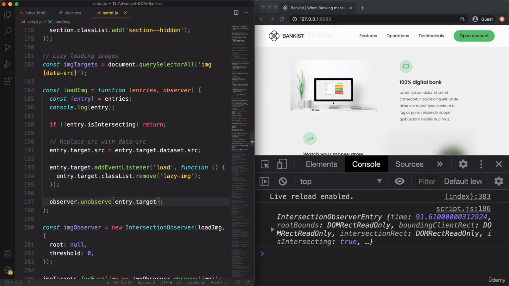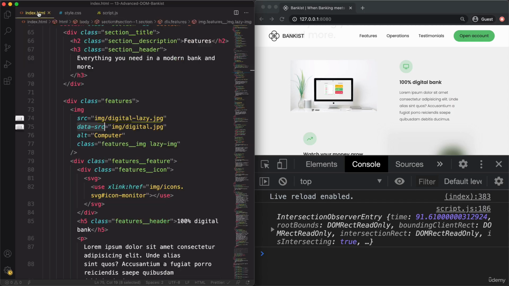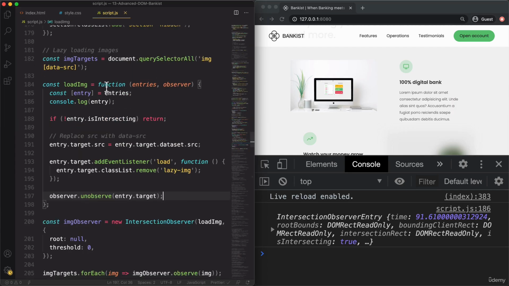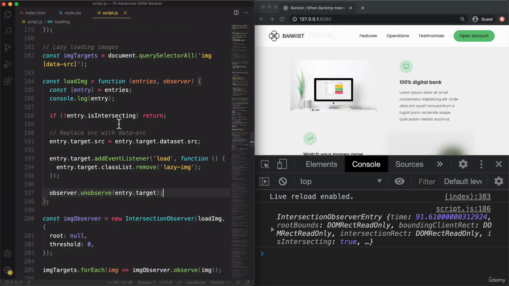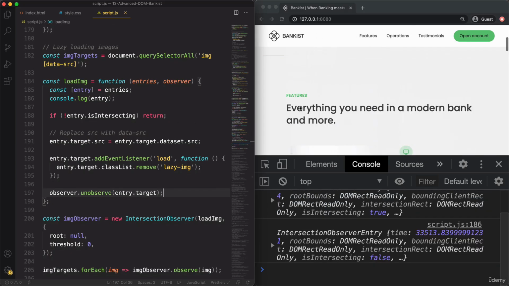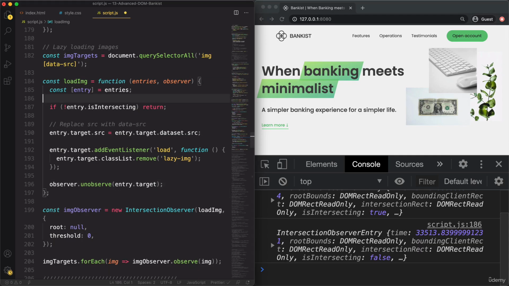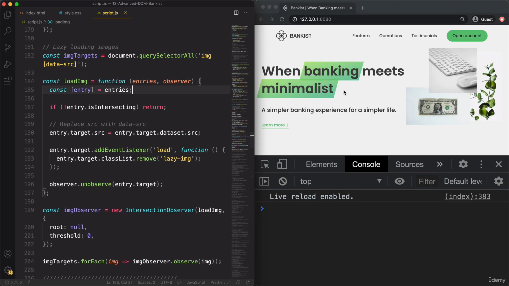I hope that with this video, I could convince you that it's really important to implement this kind of functionality into your own sites. All you really need to do is to generate these placeholder images and blur them a little bit, and then implement this kind of logic, which really shouldn't be too much work, right? Let me just get rid of this console.log here. Let's load it again,